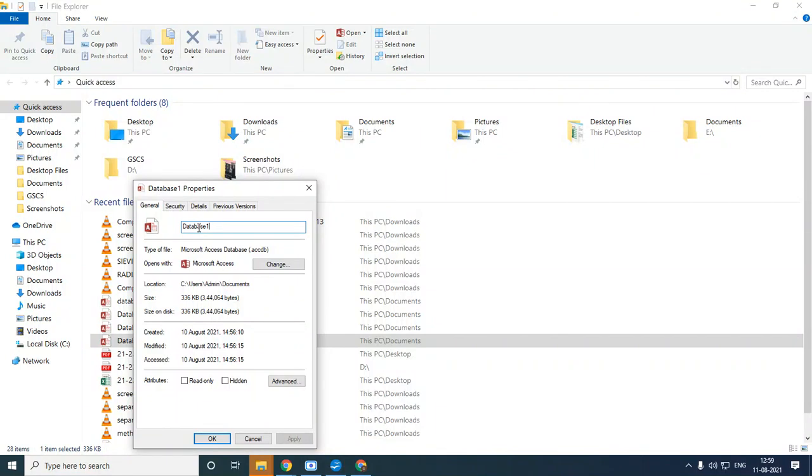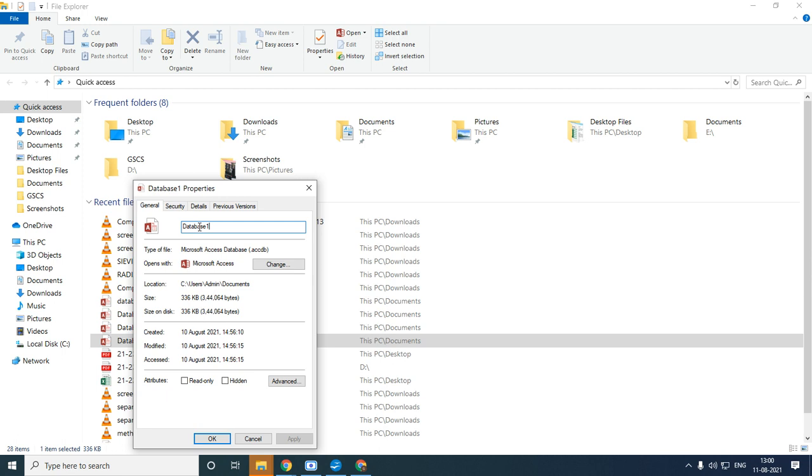That is the relative hyperlink. But an absolute hyperlink will show the full address. It will not show half the address, it will show the address fully. That is one difference between relative and absolute hyperlinks. A relative hyperlink contains a partial address, but an absolute hyperlink contains the full address of the location.